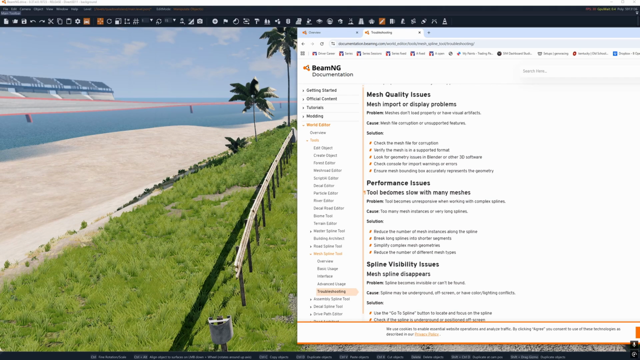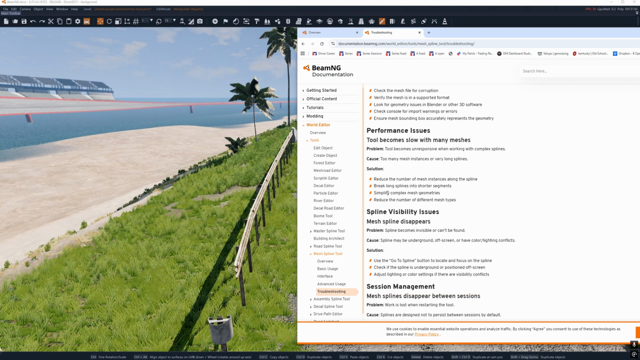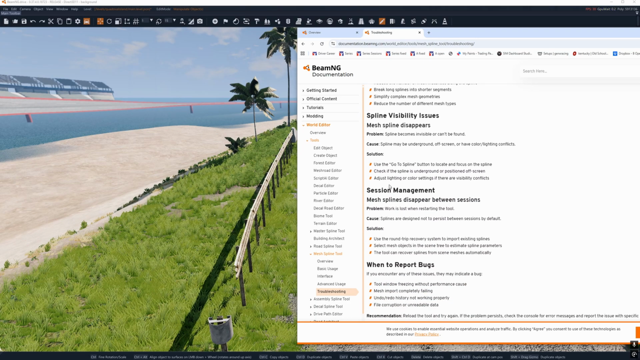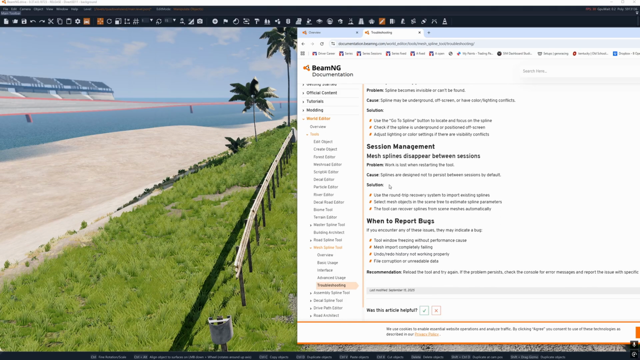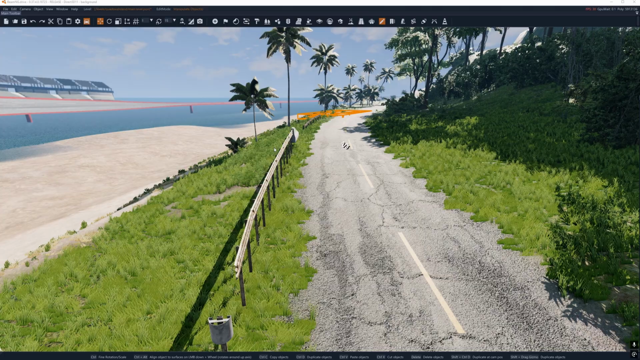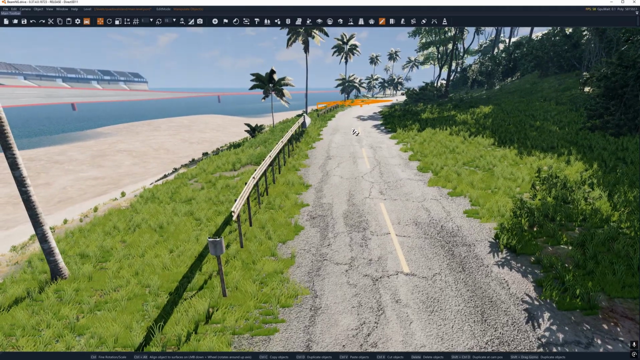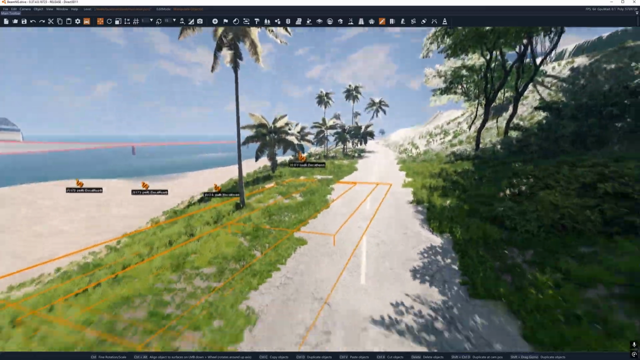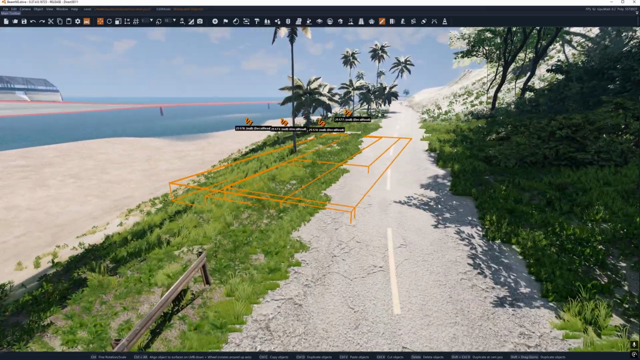With too many meshes, the tool becomes slow. Spline disappears, session management. Yep, so let me just see if I can make one. So I kind of made a few. I made one right here with one of these spline tools, and this one, and then this third one I made with the road architect. And when I actually went to save it,